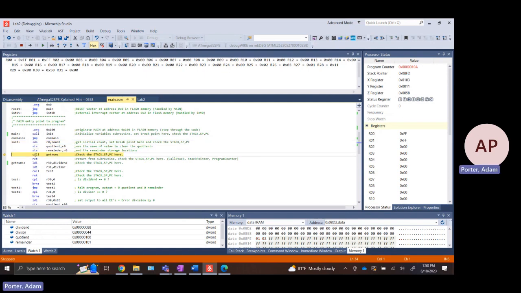And then once we get to this next call, since the stack pointer is looking at 8FD now, that's actually looking at these bytes right here. And so we're going to store the next memory location here, which is going to be 10C. And we're going to move into the getNums function,